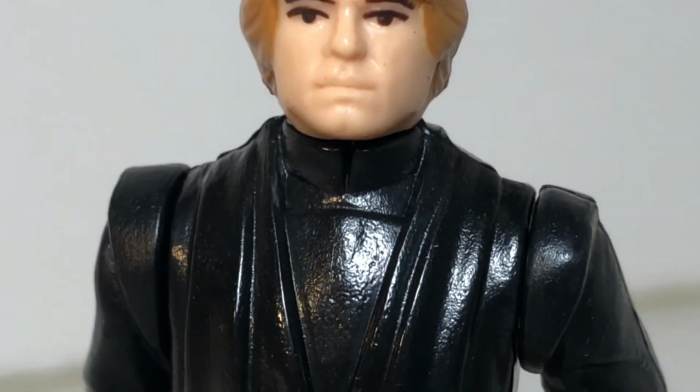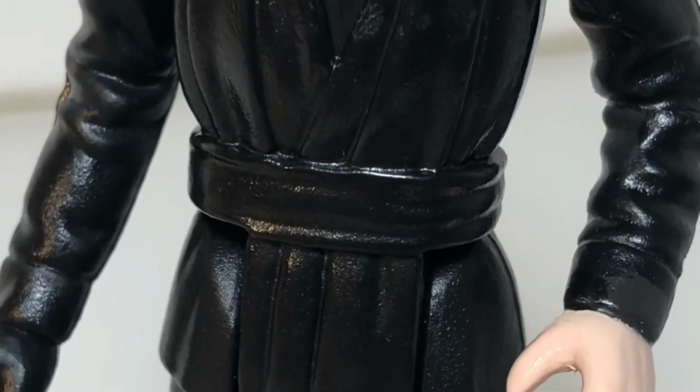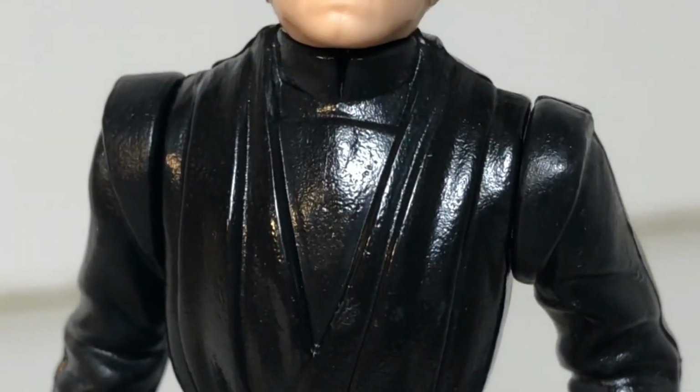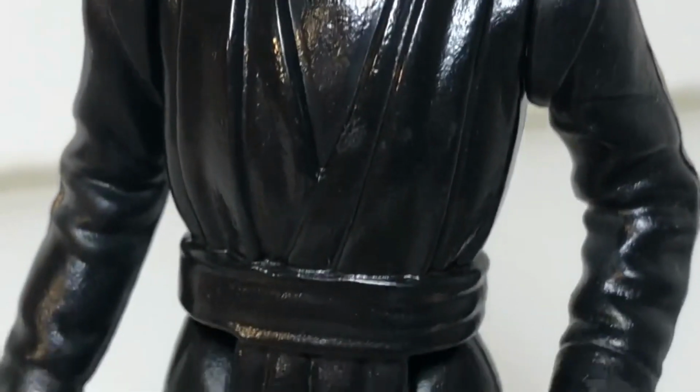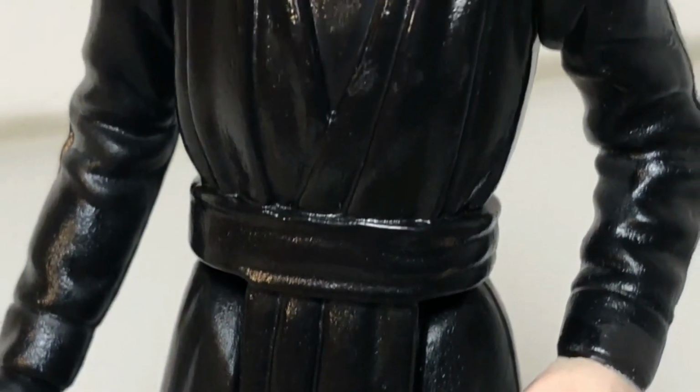But as you can see, this figure is actually sculpted wearing the outfit that he wore. I mean, he's wearing his Jedi outfit, of course, but he has this weird sort of cloak thing over it and a different kind of cloth belt over his normal belt and stuff like that. So yeah, you can